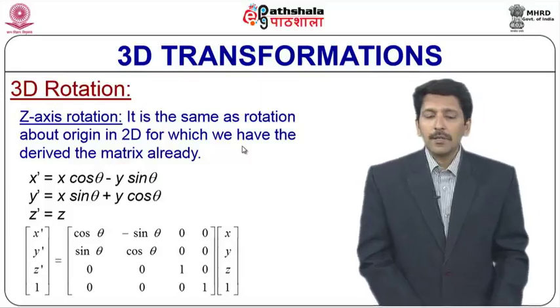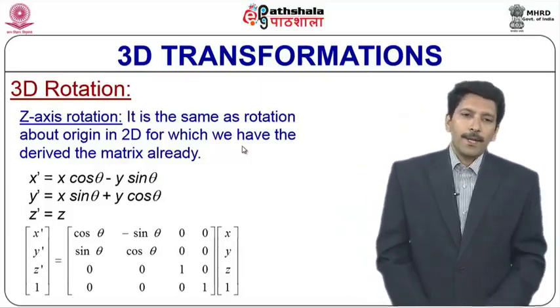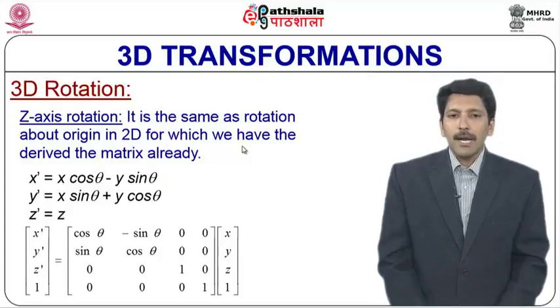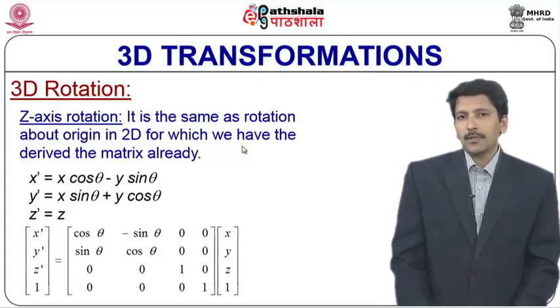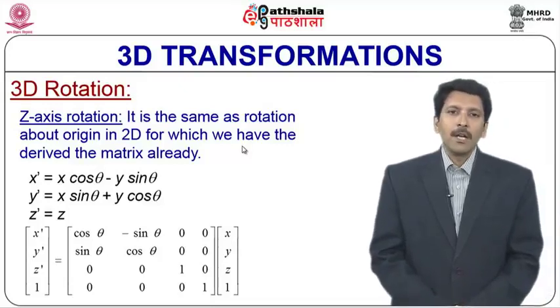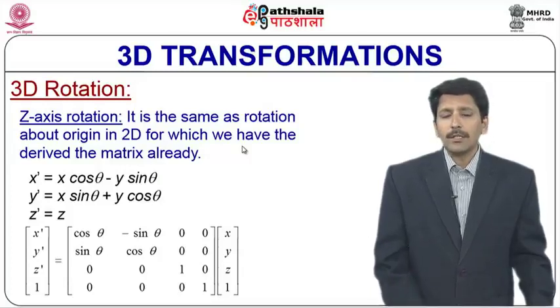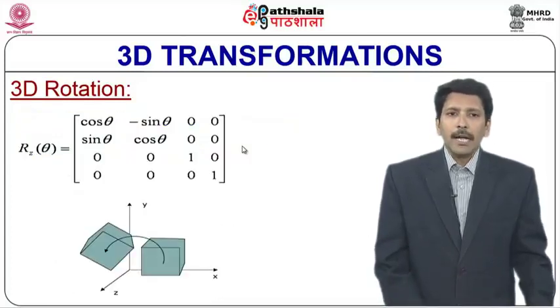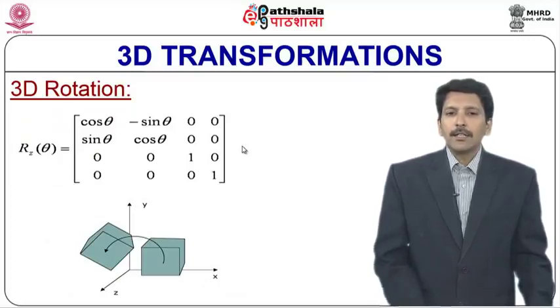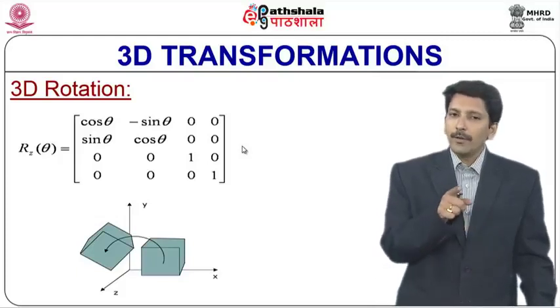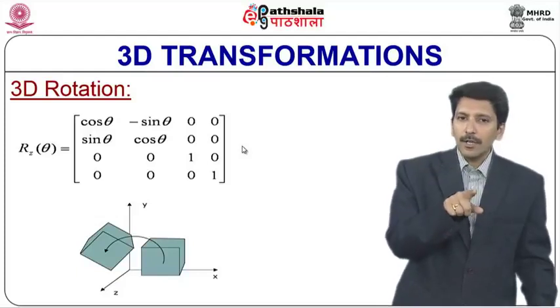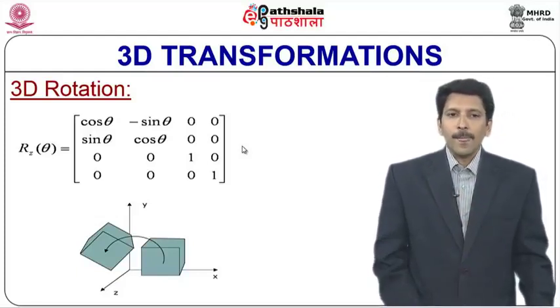So, these are the three equations, and the corresponding transformation matrix in 4 by 4 form, which is the homogeneous transformation matrix, is given there: cos theta, minus sin theta, 0, 0; sin theta, cos theta, 0, 0; 0, 0, 1, 0; and 0, 0, 0, 1. It is shown in a diagram there, which shows what is positive. When you are viewing along the negative z direction, the anti-clockwise rotation about that axis is positive, which is indicated with the notation R, Z axis,